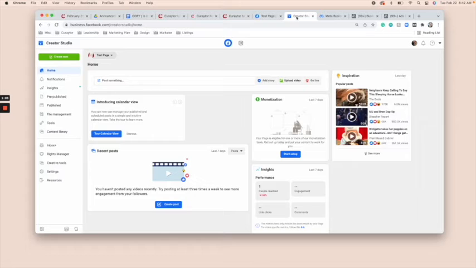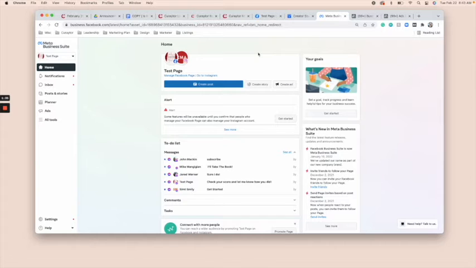Now, if you'd like to use Creator Studio, I think it's really easy and simple to use. What you'll do is go to business.facebook.com/Creator Studio, and this will bring you directly there. You can see that there's the Facebook icon as well as the Instagram icon. For this video, we're going to stick to Facebook since we're going to be posting manually, natively on the Facebook app. But if you would like to use Facebook or Meta Business Suite, this is also another posting tool that